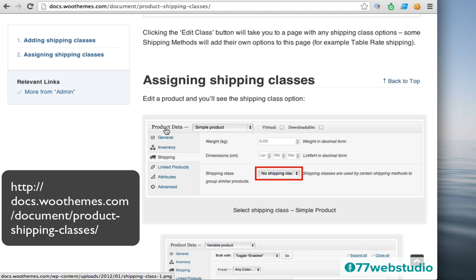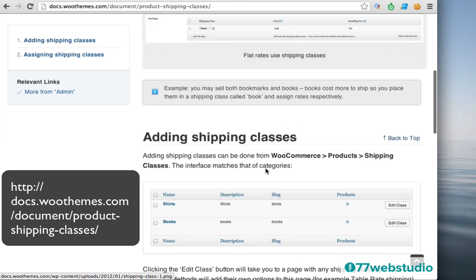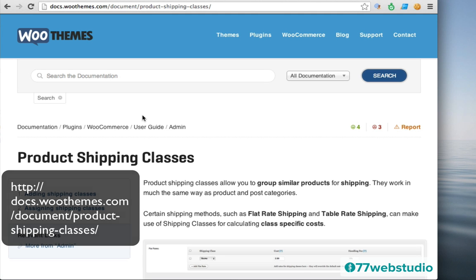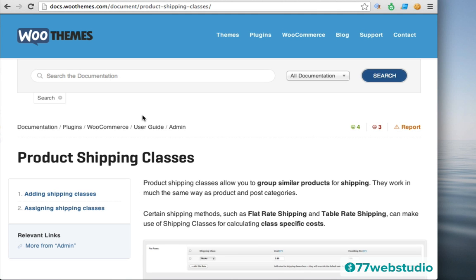So in the product data section of the Edit Product page, you need to actually select the shipping class for that specific product. So anyway, that's just a heads up on shipping classes. It gives you lots of different features for shipping rates for products in your product catalog. Okay, so I'm glad we just touched upon shipping classes. Let's go back to our video.